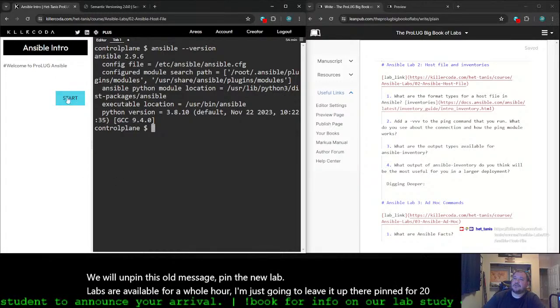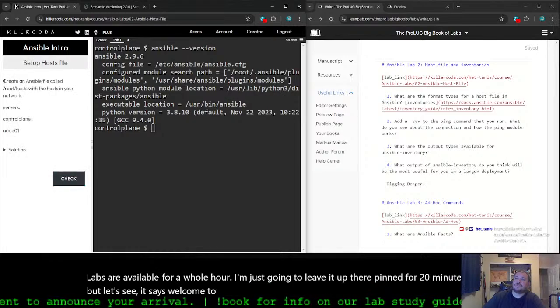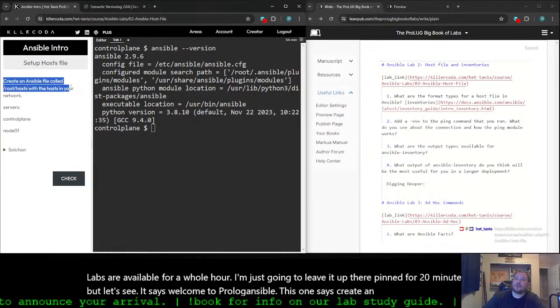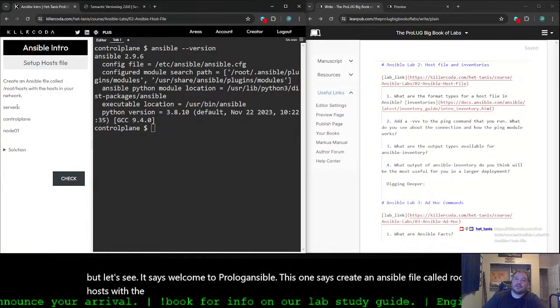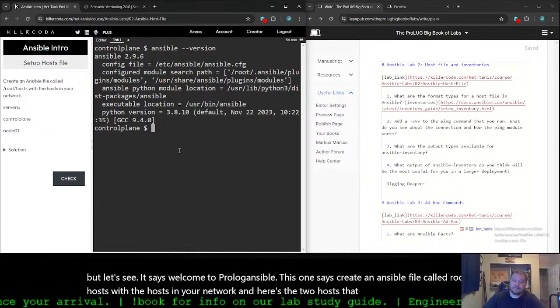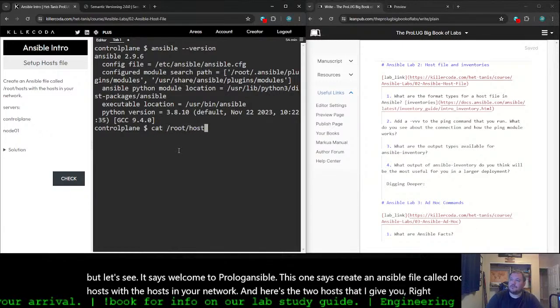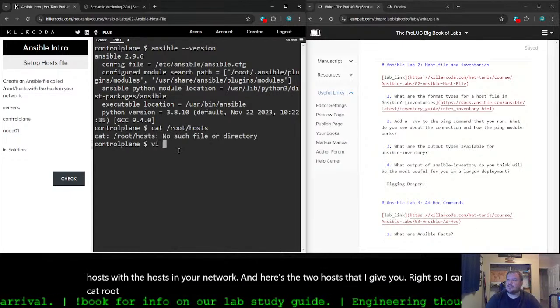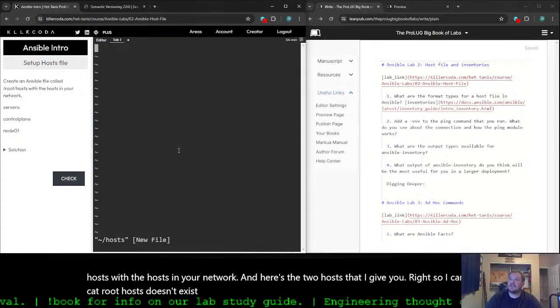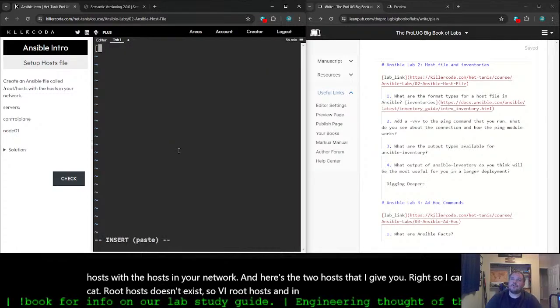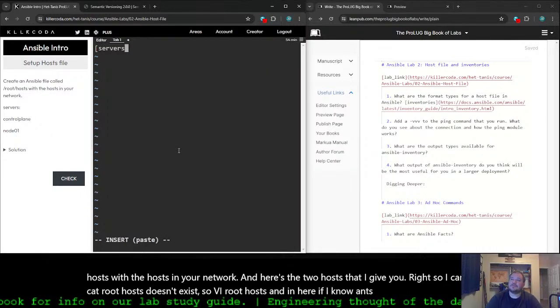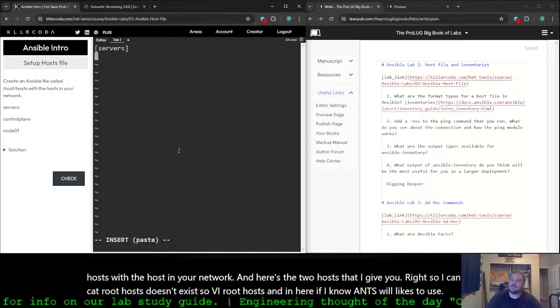But let's see. It says, welcome to Prolog Ansible. This one says, create an Ansible file called root hosts with the hosts in your network. And here are the 2 hosts that I give you, right? So I can cat root hosts. Doesn't exist. So vi root hosts. And in here, I know Ansible likes to use this type of nomenclature.